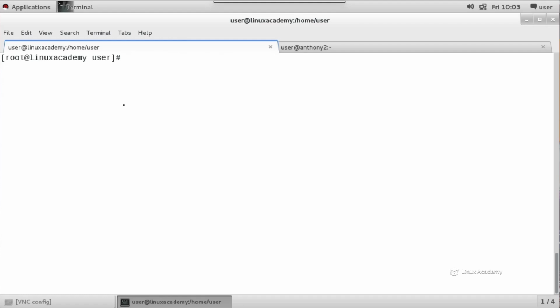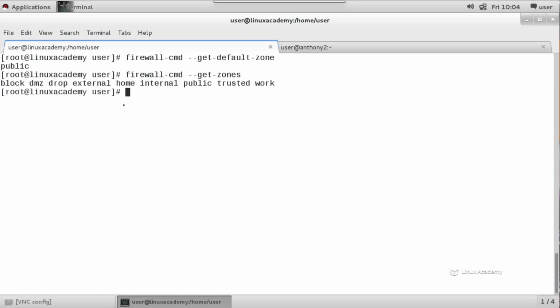So if we want to see our default zone, we would type firewall-cmd --get-default-zone. Now that shows our default zone is public. So when we add a rule, unless we specify the zone, it's going to add it to our public zone. Now again, to list our available zones, we can do a firewall-cmd --get-zones, and then there's the list of